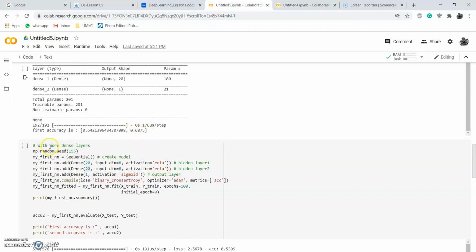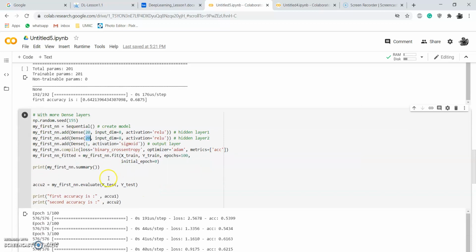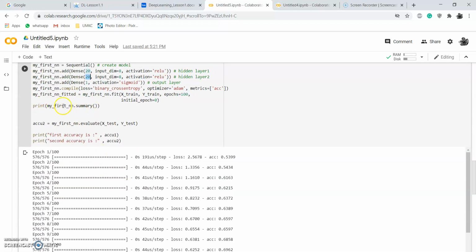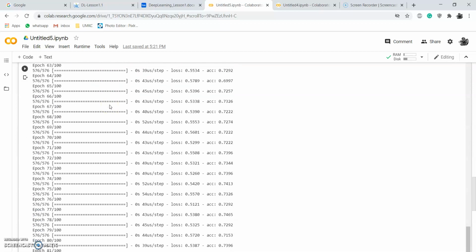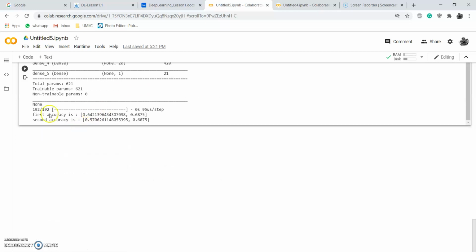In the second part, with more dense layers, I have added an extra hidden layer of 20, applied sequential TensorFlow, and found the accuracy. I find that the first time and the second time the accuracy remains the same, but the loss is higher in the first case and lower in the second.